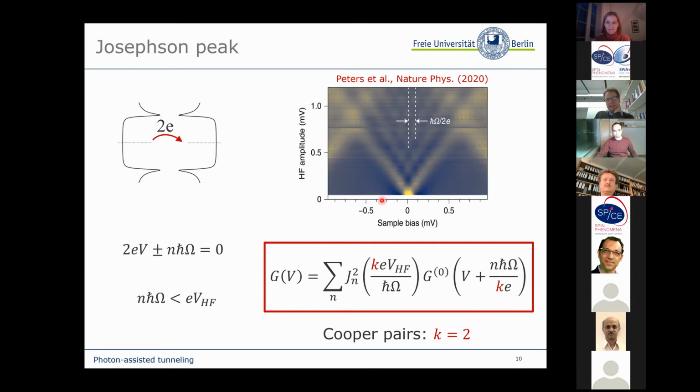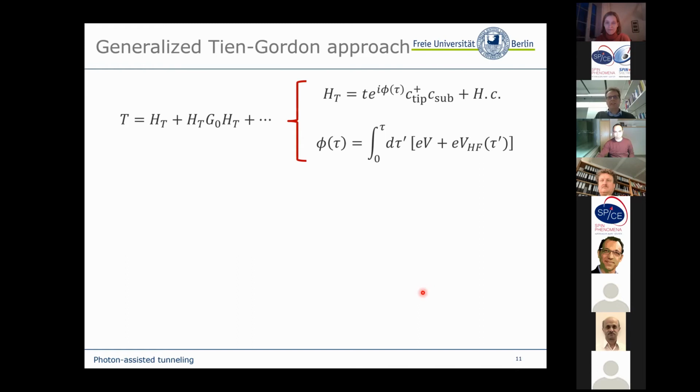And this kind of cone is again very nicely represented by a more general Tien-Gordon-like expression, except that now we have to replace the electron charge E by twice the electron charge, reflecting the fact that it's basically Cooper pairs that are tunneling across the junction. Now, quite generally, this sideband spacing gives us an idea about the number of electrons that are tunneling across the junction,